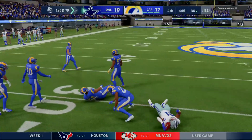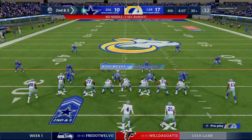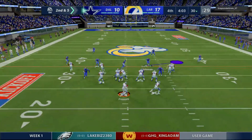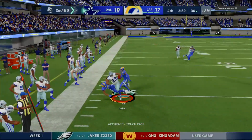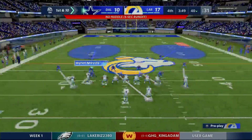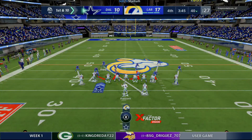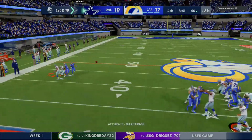The first down run for Elliott will net him about 5 yards. It's 2nd down. Ball on the 30. They'll come up with a 2nd and 5. There's a quick hitch route and the throw complete. And he takes this up to the 40-yard line before being corralled. Cowboys, what an opening weekend it's been already. Could the best finish be coming here on Sunday night? We'll find out as we come up on a...